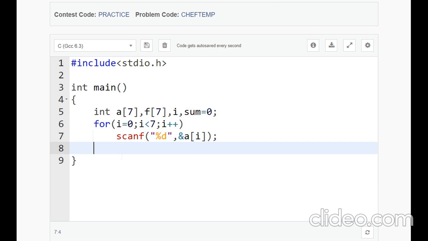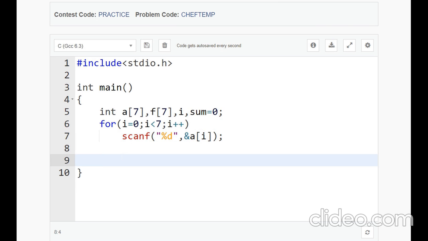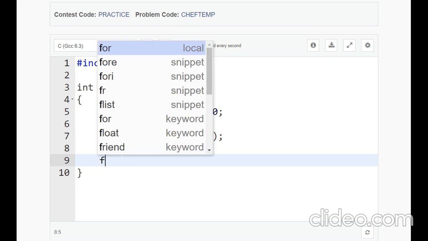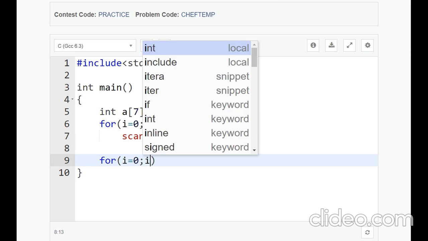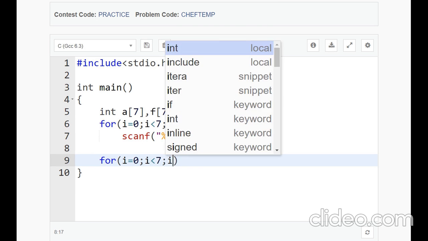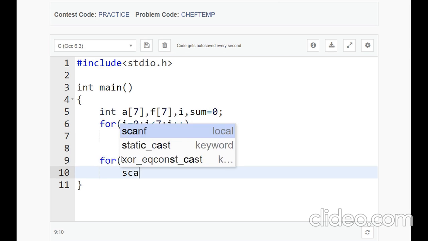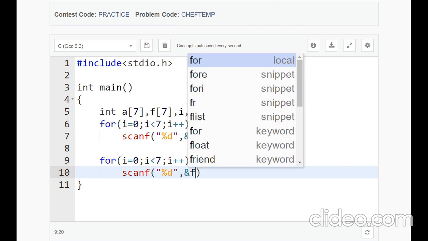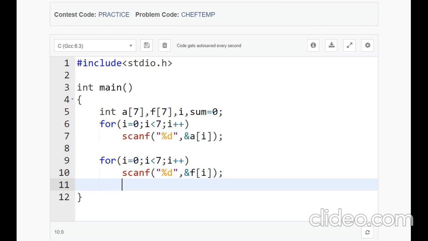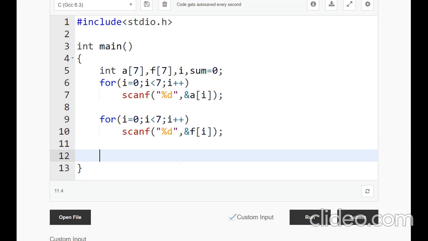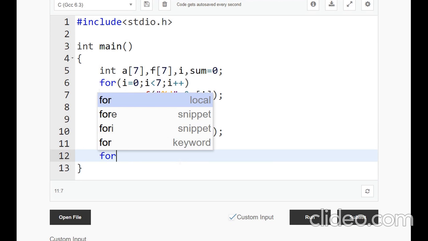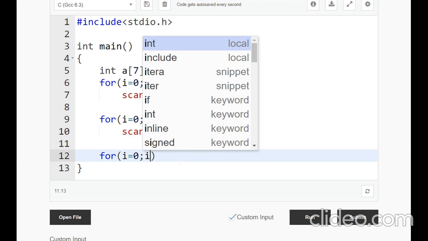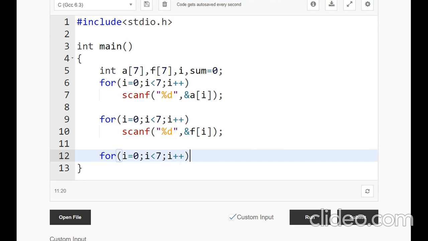Then I'll accept the elements of the forecasted array, for i equal to 0, i less than 7, i plus plus, scanf percentage d ampersand of F of i. Now we have both the arrays. Now I will run a for loop for i equal to 0, i less than 7, i plus plus.